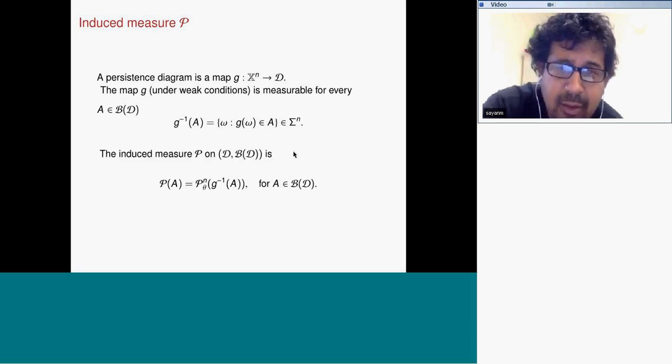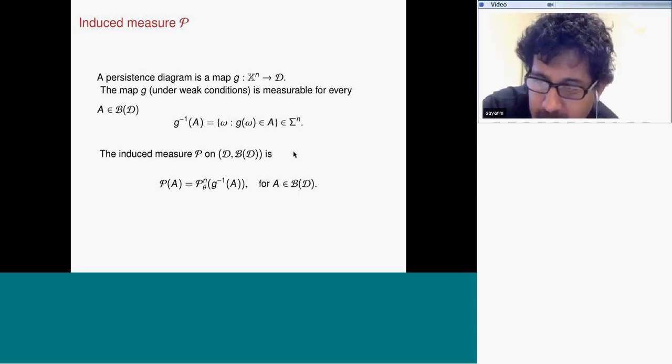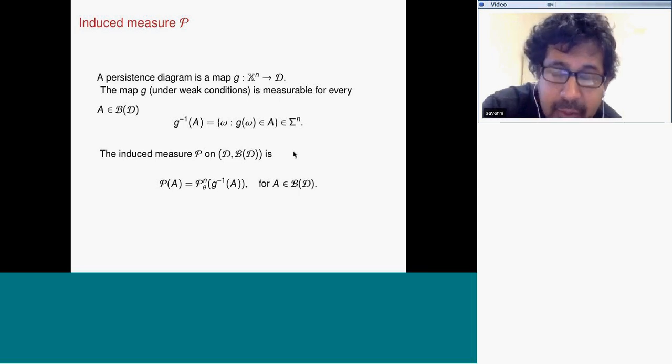And the point here is this is a measure on diagram space. So if I have a probability measure, and let's say even a probability density function in my original space, in my data space, which is what I would need for a likelihood, this is going to induce a measure on diagrams. So that means it induces a measure on summaries.